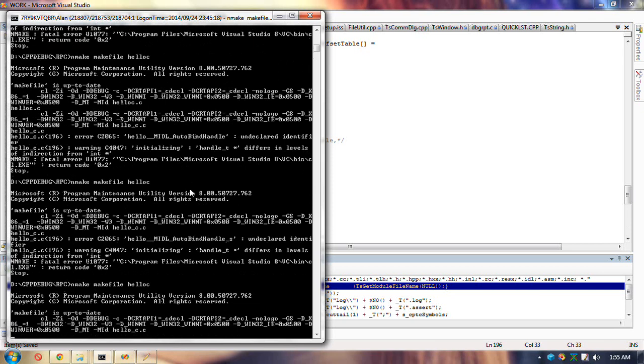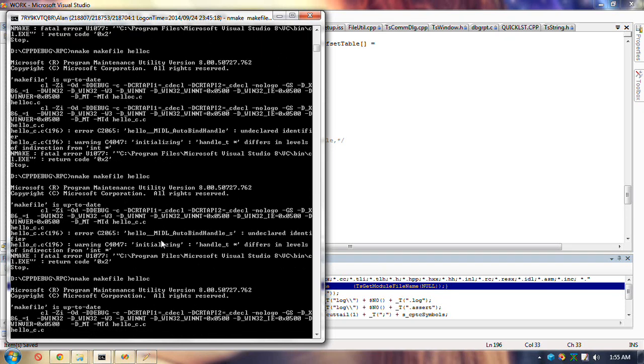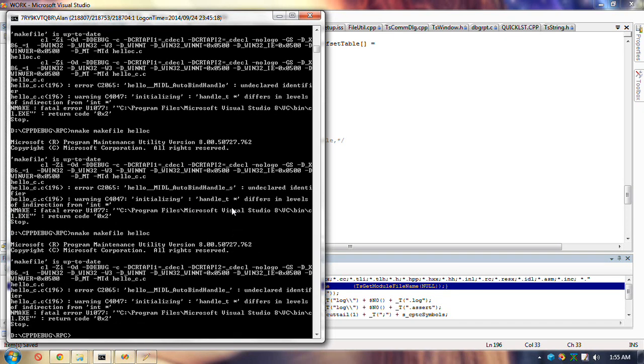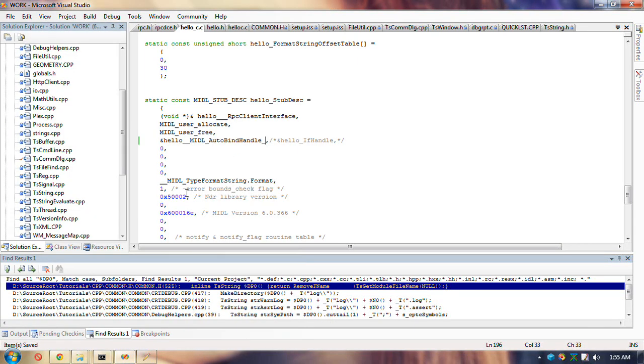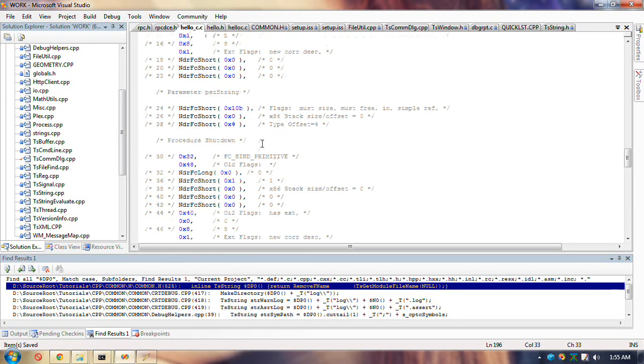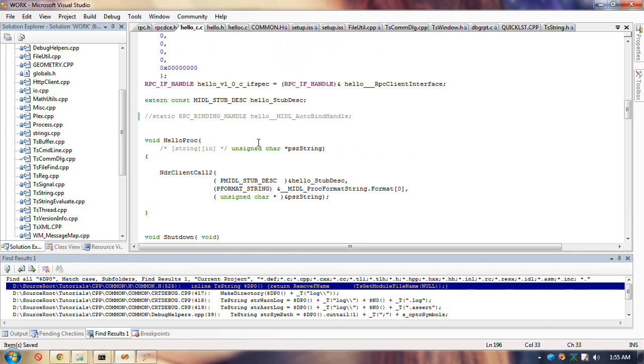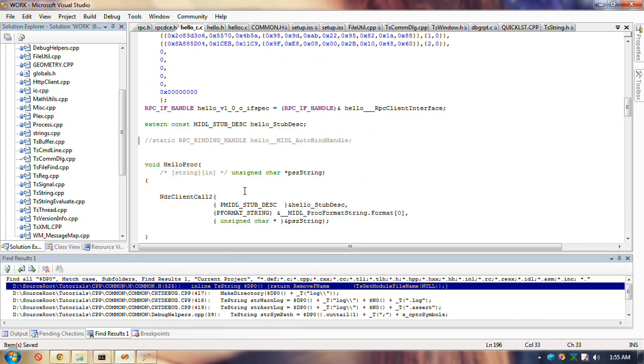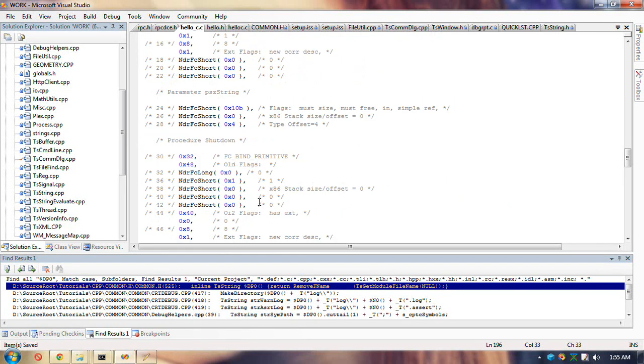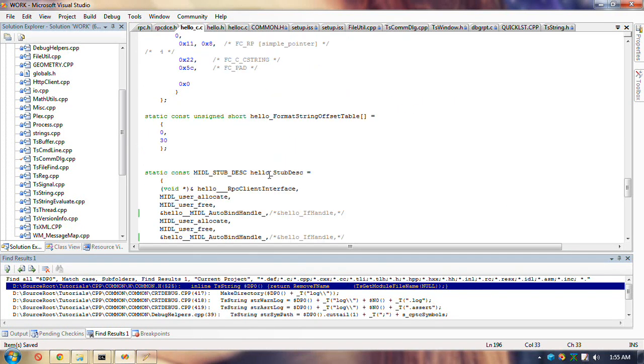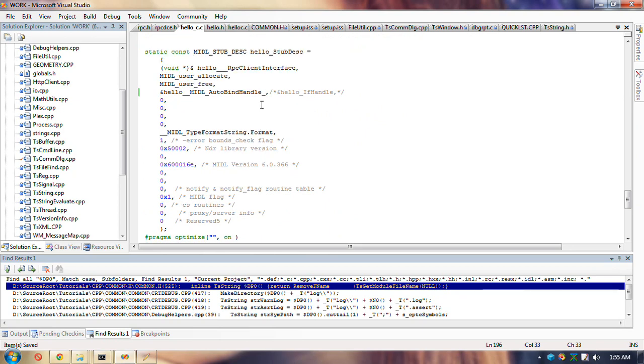Typical problem. Handle T star, no good. Previously it had address of this, which was undeclared, and now I've got address of something else, which is undeclared, but it's not happy with that. See? I changed it, so now I'll change it back, and it won't complain, even though that other thing is not declared.